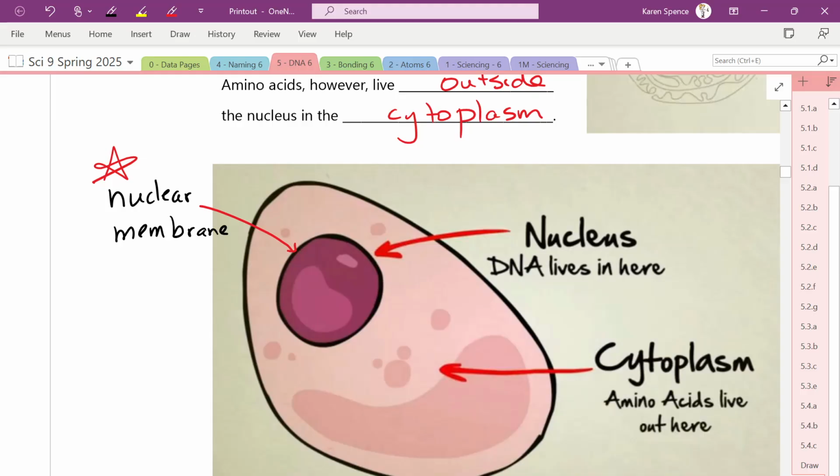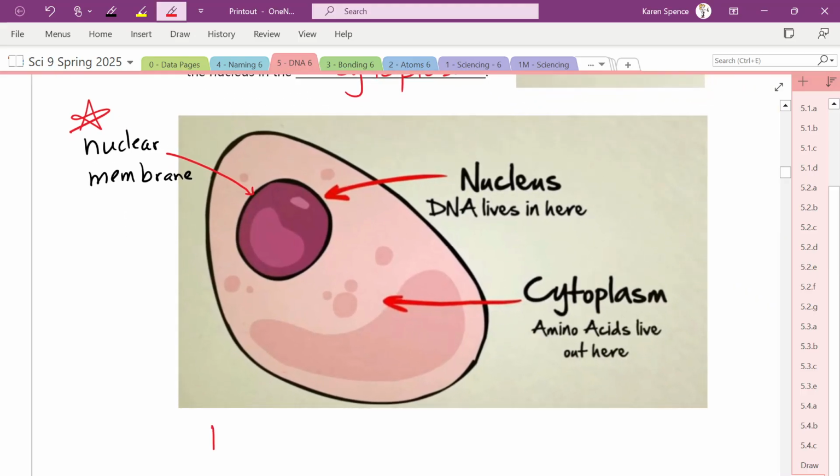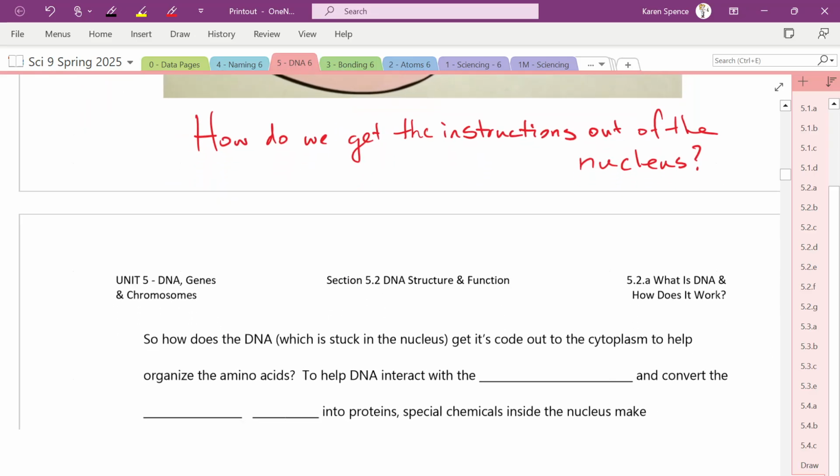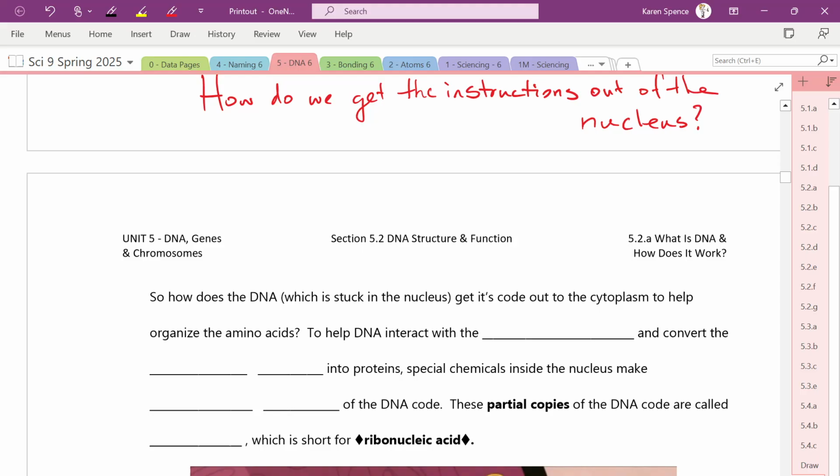How do we get the instructions out? How do we get them out? How does the DNA, which is stuck in the nucleus, get its code out to the cytoplasm to help organize